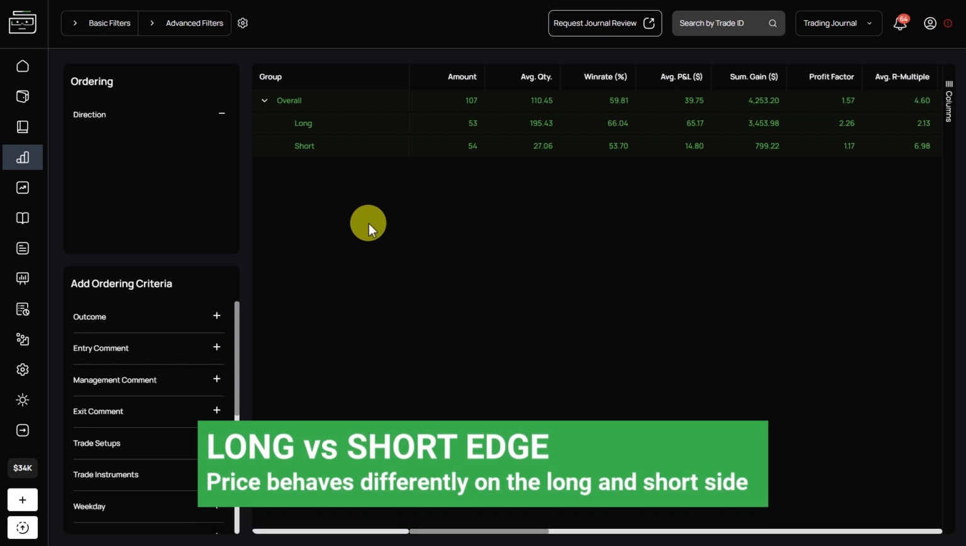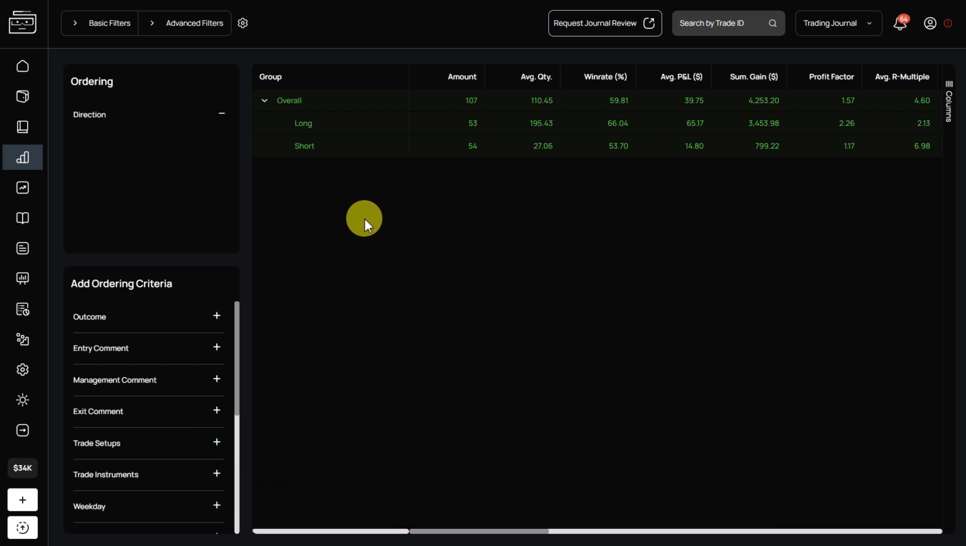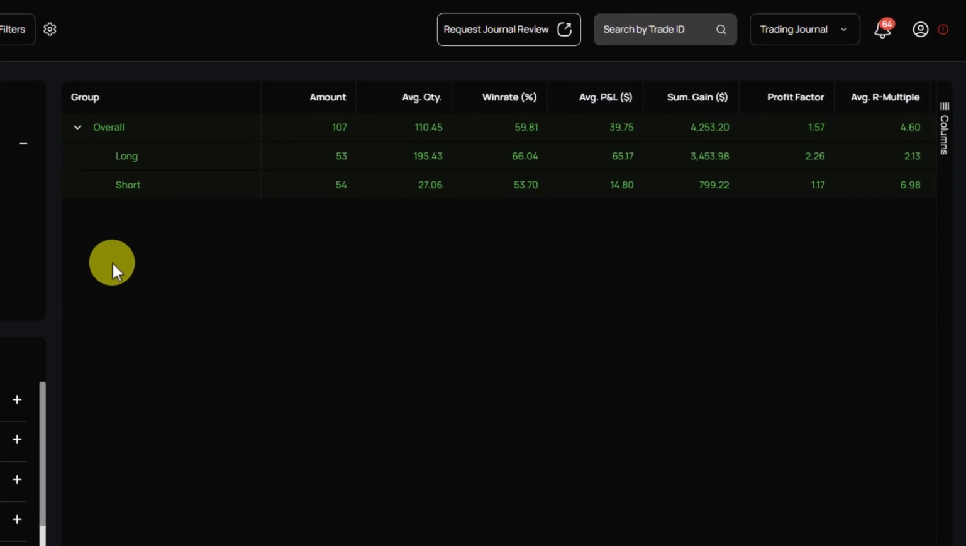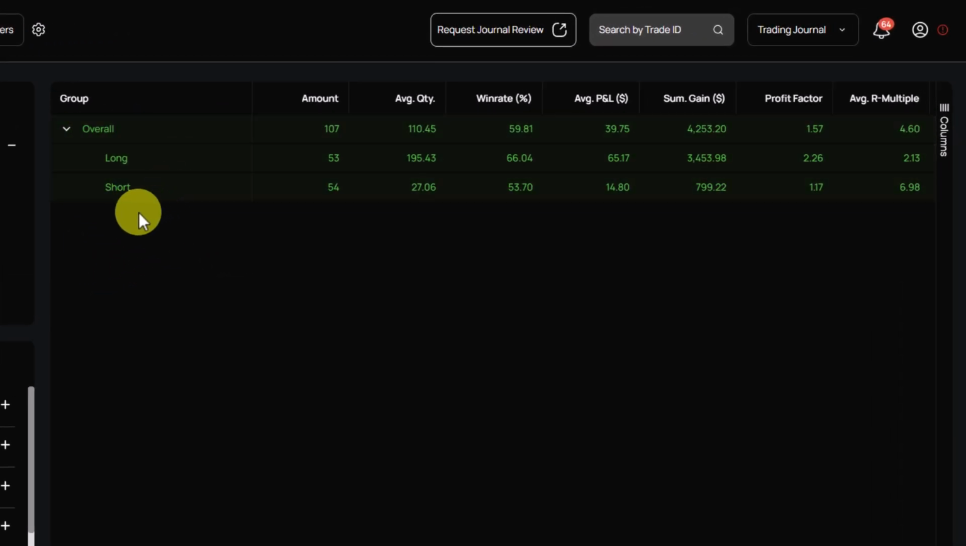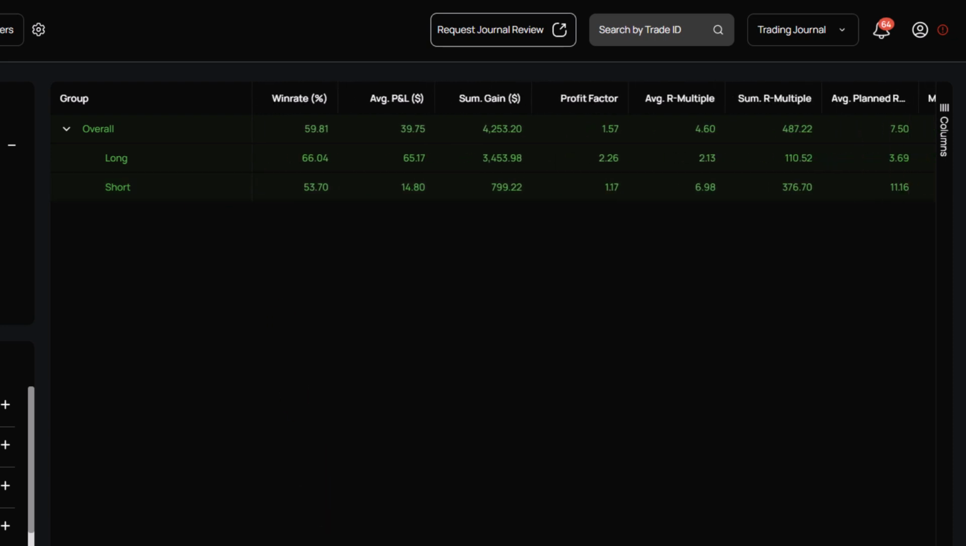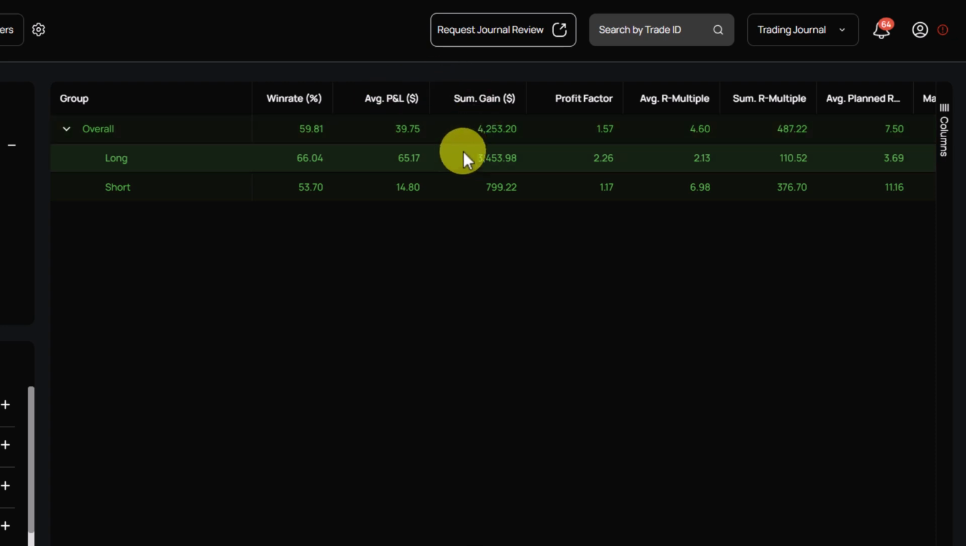It's also really helpful for traders to look at the long and the short side of their trades, because price behaves very differently on the long and short side in stock trading. So in the trade analytics, we break down your trading performance by long and short trades. And you can get some really interesting insights, such as your win rate, the average P&L on your long and